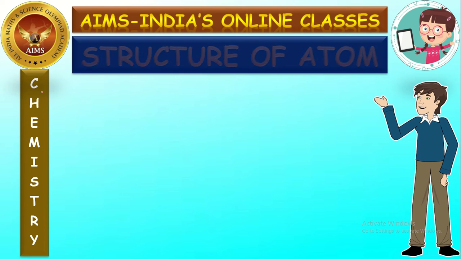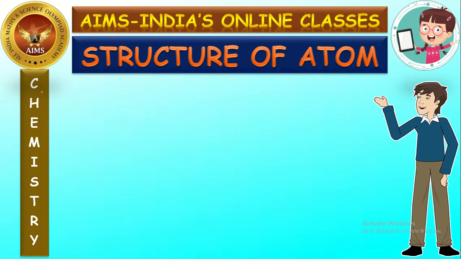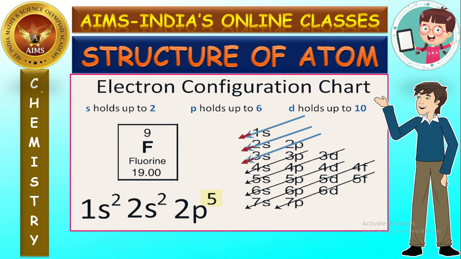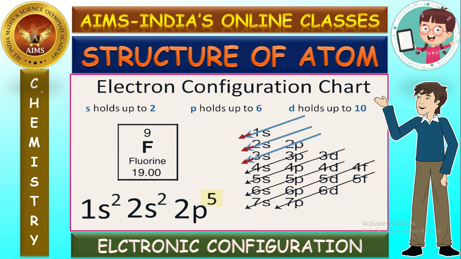In this we are discussing the chapter Structure of Atom. In this session, particularly, we are going to discuss the electronic configurations of the elements and the principles which govern these electronic configurations. That means the principles which assist us in writing the electronic configurations of the different elements. About all this we are going to see in this session.